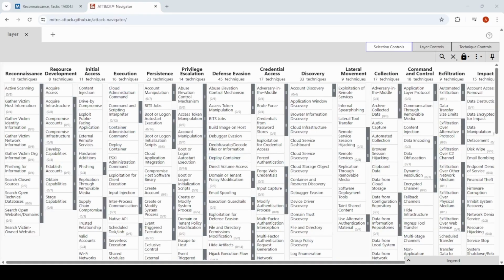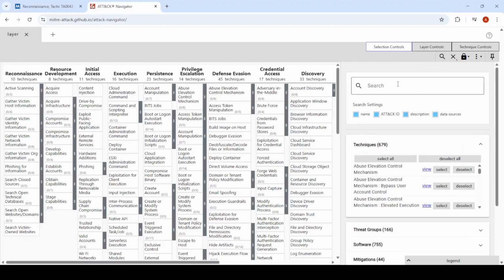So you can see that we've got all of the tactics and techniques that are included in the Navigator, which are pulled through from the enterprise matrix. First, we'll select the techniques used by APT3, and we can use the techniques already mapped to APT3 in ATT&CK by clicking the search and multi-select button and searching for APT3. So if we go to search and multi-select, and put in APT3, enter,